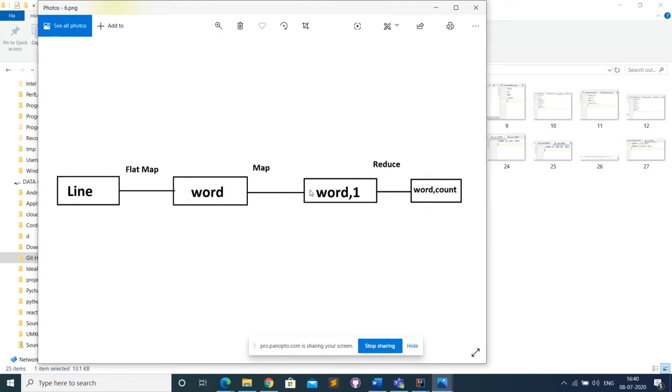After splitting, this goes into the flatMap, which reduces every line into words. Then with the help of the map function, we'll be mapping each and every word to the word comma one. Then finally the reduce operation takes place, and each word will be mapped with the same word and finally counted. The output after reduce is going to be the word and its count. Then the final result will be combined into the group of all words along with their counts.